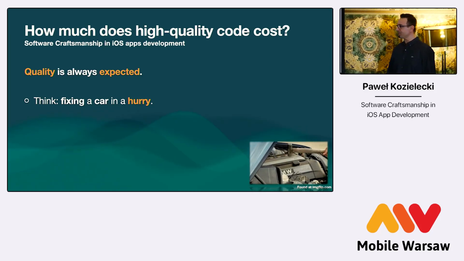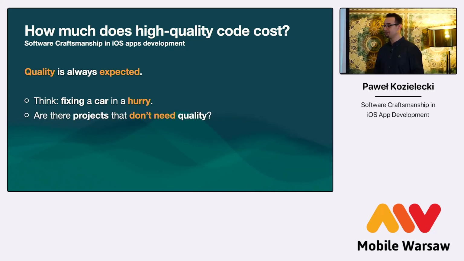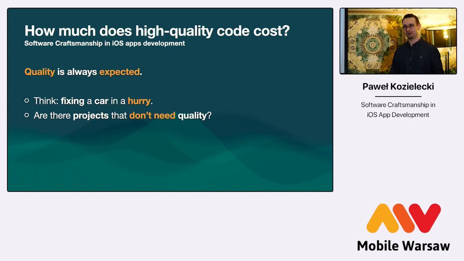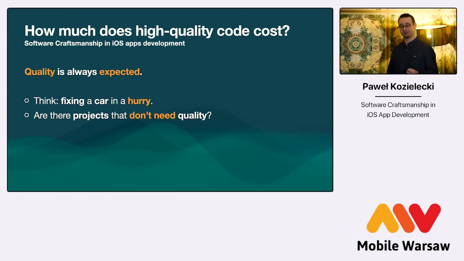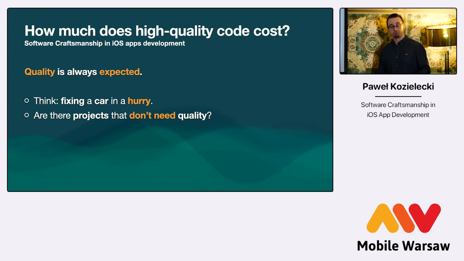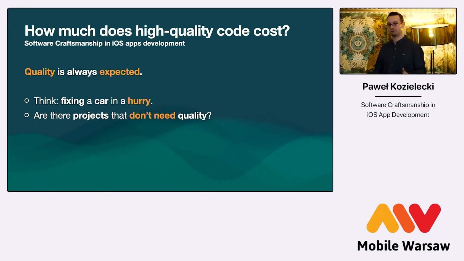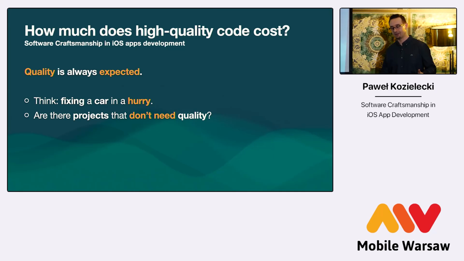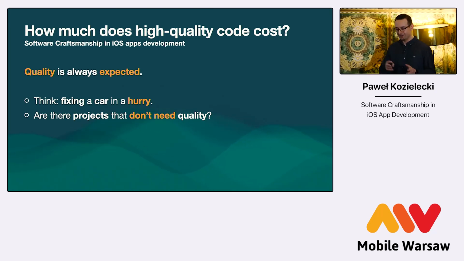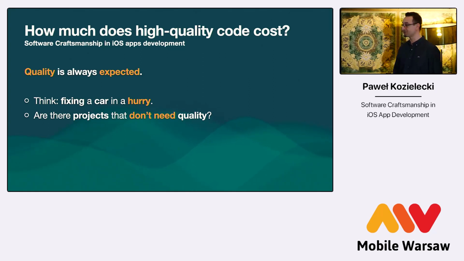And yeah, on top of that, you may be asking, are there projects that don't really need quality? And in fact, there are. And there are only 3 kinds of projects like that, at least from my experience. Maybe you have other examples as well. Number 1, of course, proof of concept. Just simple applications that are going to prove or disprove some kind of a business concept, right? Cool. Obviously, you don't really have to care about the quality unless this proof of concept is to be merged directly into the production branch, which sometimes they do end up in.